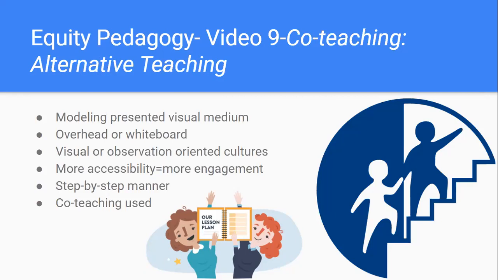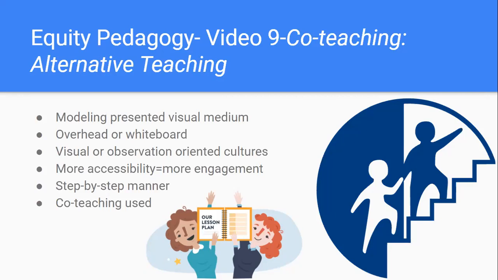Many cultures around the world are accustomed to a visual or an observational learning style. This is because these learning styles are deep-seated into the very fabric of their culture. Consequently, many students will acquire these learning styles as it is a part of their culture and tradition. Thus, schools must adapt to these learning styles in order to give these students accessibility to the curriculum.